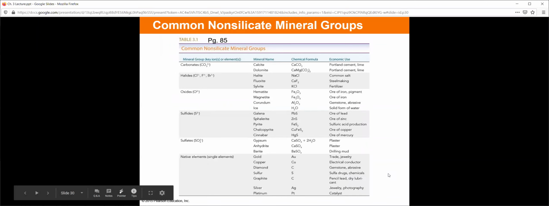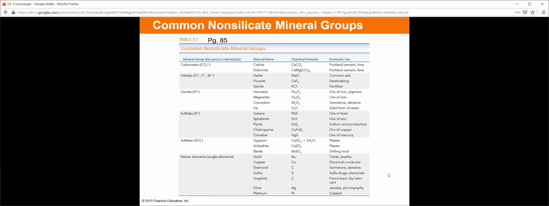Yes, I'd say that would be a good way to define native element. It's not the only way to define native element, I believe, but there are certain minerals out there that exist just as isolated atoms. It is possible for some atoms to do that, not all atoms. You're never going to find oxygen by itself, for example, but gold, copper, sulfur, stuff like that do exist in that way. Yes, that is correct.